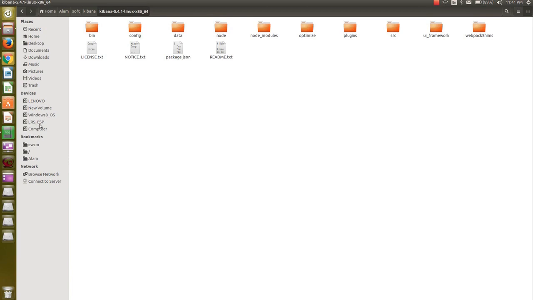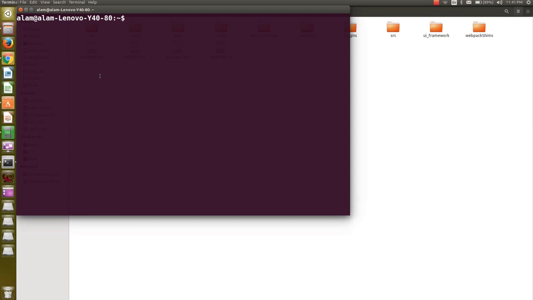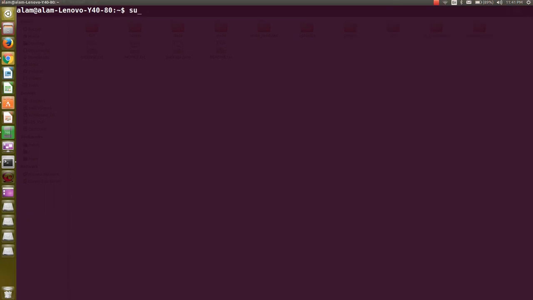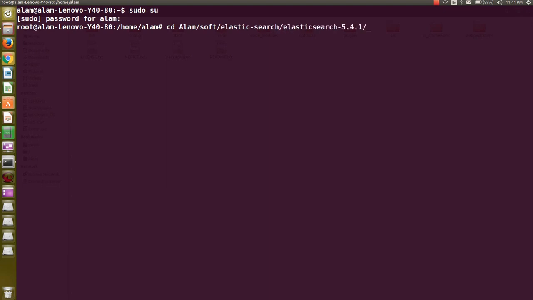So I will open the command prompt, take the sudo, go to the directory where I have exploded the Elasticsearch, and go to the bin directory.